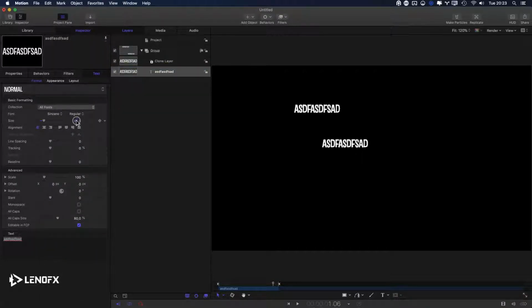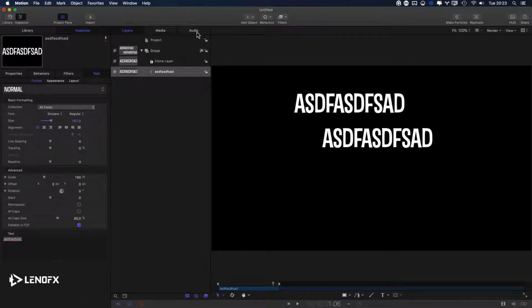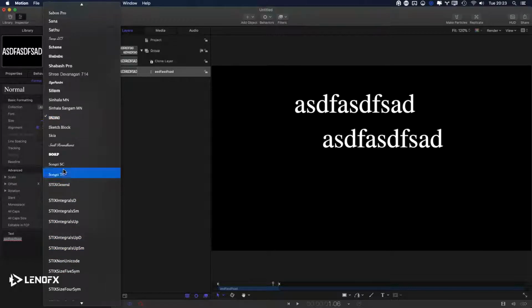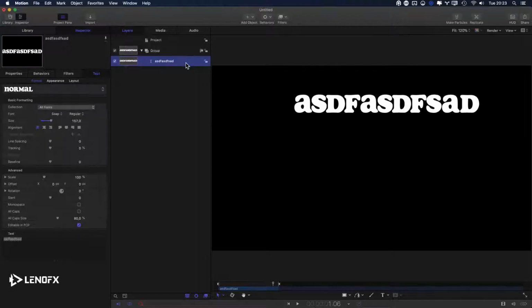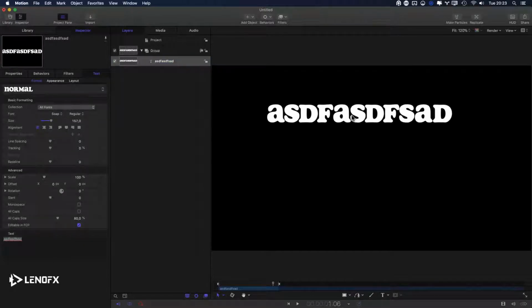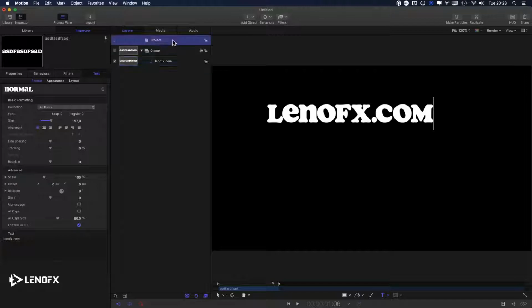will change as well. Because I explained in the beginning, maybe you lost the explanation. Everything that I change in this tab, in the filters tab, if I add a mask, it will affect the copy, the clone layer. Okay? So if I change the font, it will change for the clone layer as well. But let's say that I want a duplicate of this, but I don't want the same font. So let me put here LenoFX.com, and then I want another font,